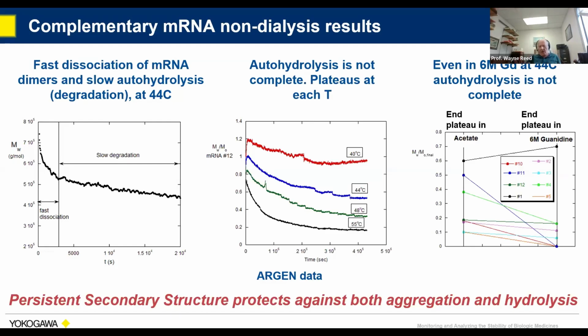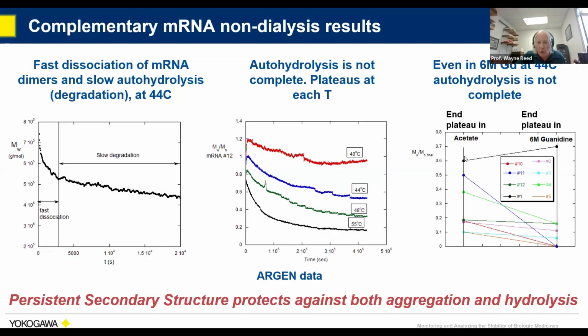You get loops and helices, all kinds of things, and you have different numbers of bases participating in that, which will affect the strength. So it looks like we're hitting different strength plateaus. We're peeling away different amounts of secondary structure as we go up in the temperature. And even all the way up to here, we never got all the way down. So we said, okay, let's try to brute force get rid of the secondary structure by putting it in guanidine, doing the exact same experiment, but in guanidine instead of the acetate.